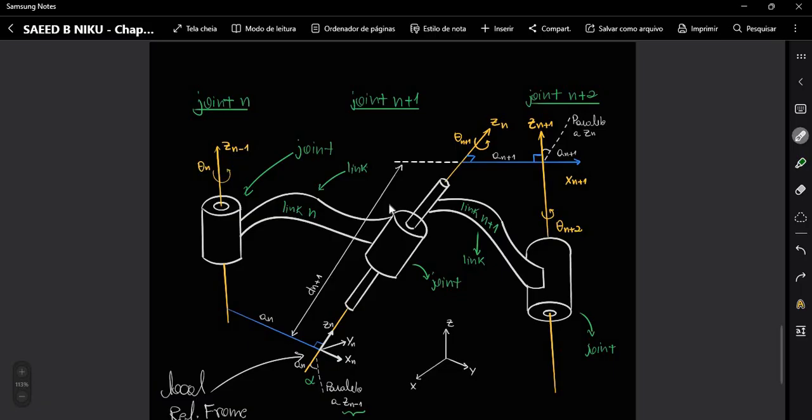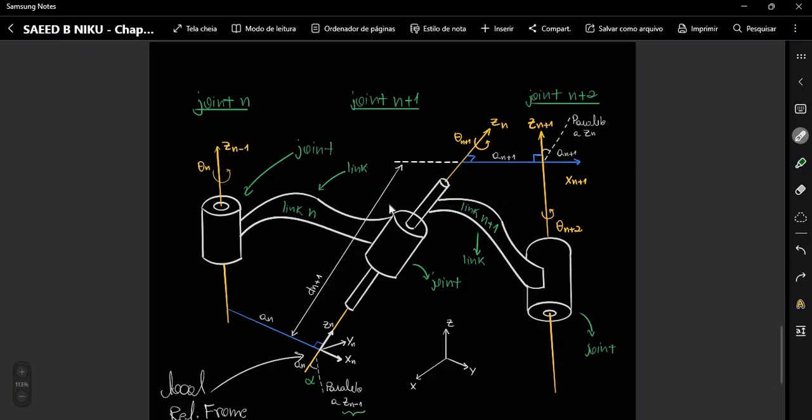Something that I wanted to call your attention to is this joint we are naming as joint N. This joint we are assigning as joint N plus 1. So this N plus 1, N plus 2, this is our